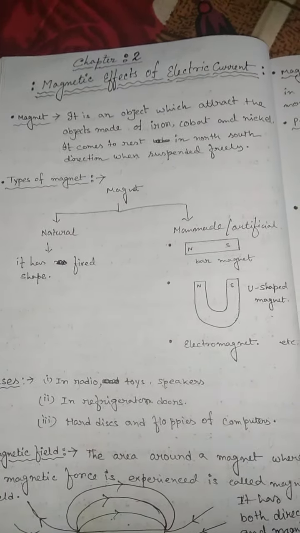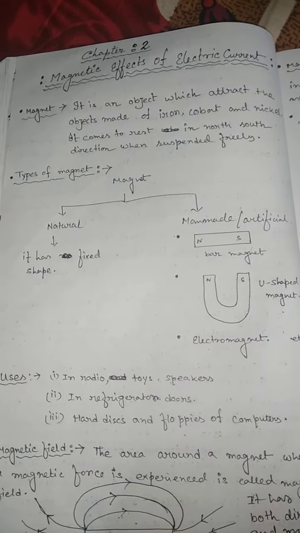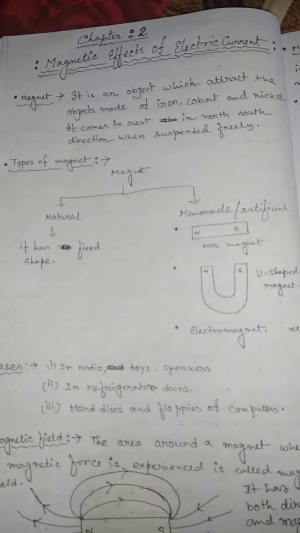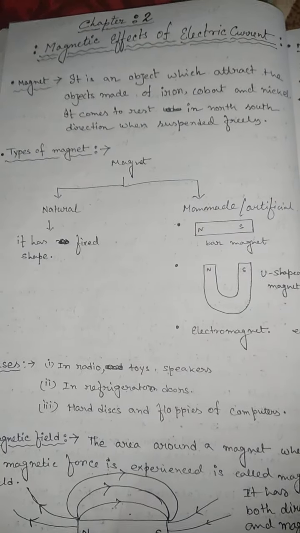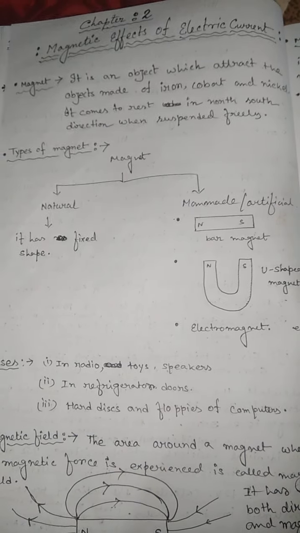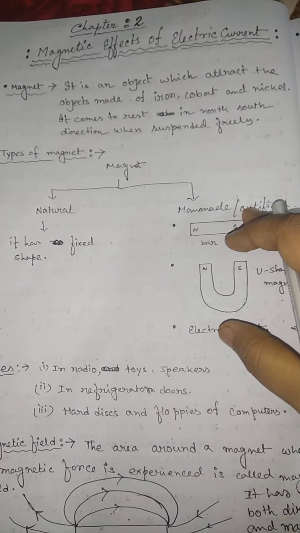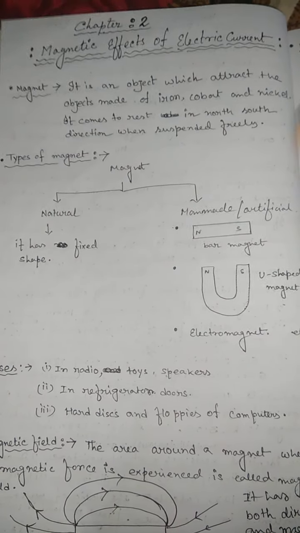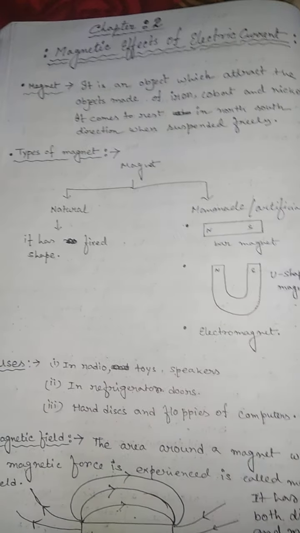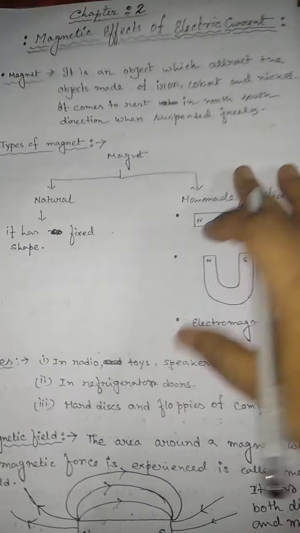So magnetic effect of electric current means that due to the electric current we get a magnetic effect. That means a current conducting wire behaves as a magnet, or it creates a magnetic field around it. If we place a magnetic substance near this wire, it will be deflected or attracted by the wire. So before we discuss the details of this chapter, first of all we understand some terms related to magnets and types of magnets, their uses, and magnetic field lines.